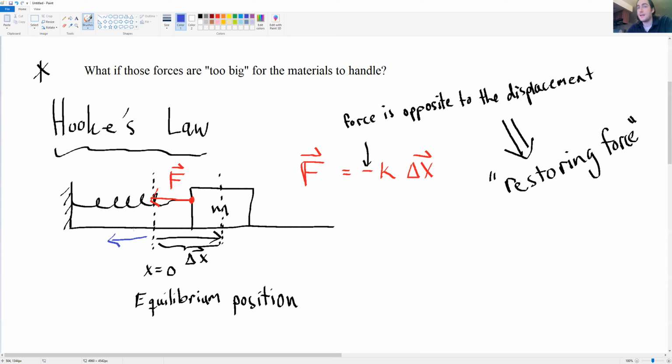Because of that minus sign in the equation, the force would be in the opposite direction. And then eventually it will compress the spring as much as it can, and then it will not have any velocity, it will not have any kinetic energy, and so the force will push it back towards equilibrium again. And if there's no friction here, there's no other forces in this problem, this object will simply oscillate